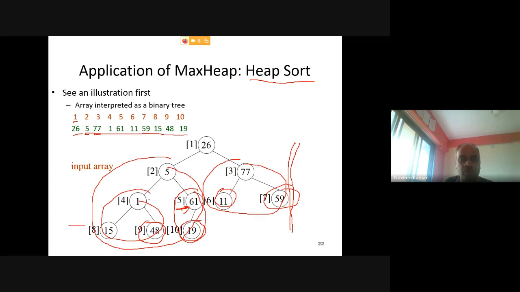Fine. Then move to this node, a subtree rooted at this node, right? Here you need to compare all these three elements. 48 is the largest one, so swap 48 with 1. So 1 comes here and 48 goes here, right? So it now becomes a max heap. Why have we started with the lower side? You require actually lesser work to do.